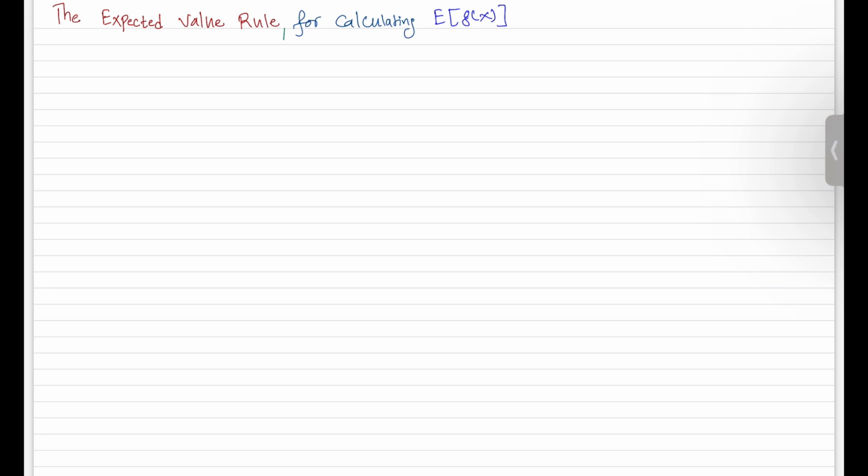So we looked at how to calculate the expected value of a random variable. If you remember from our very first lecture on random variables, there we looked at how, for an experiment, we can have many associated random variables, and also we can define a new random variable that can be a function of another random variable.